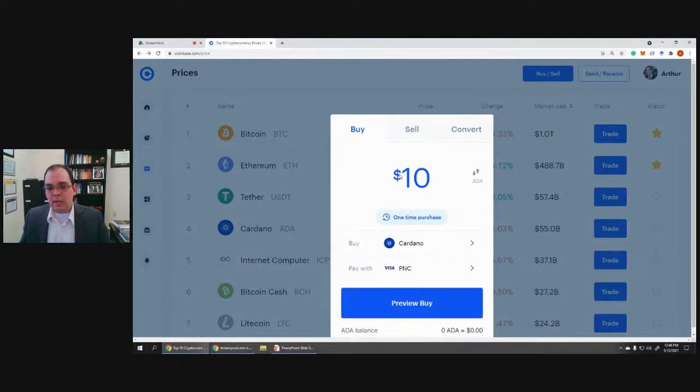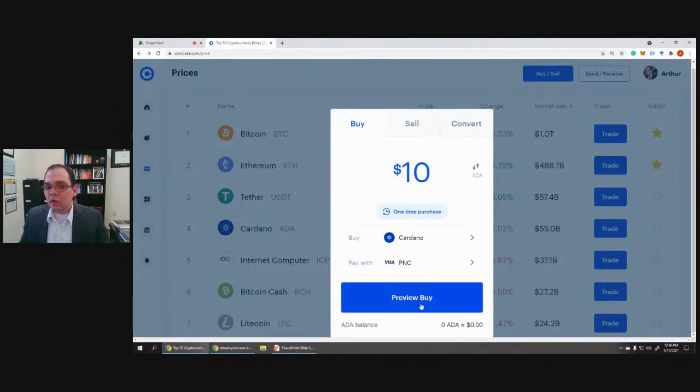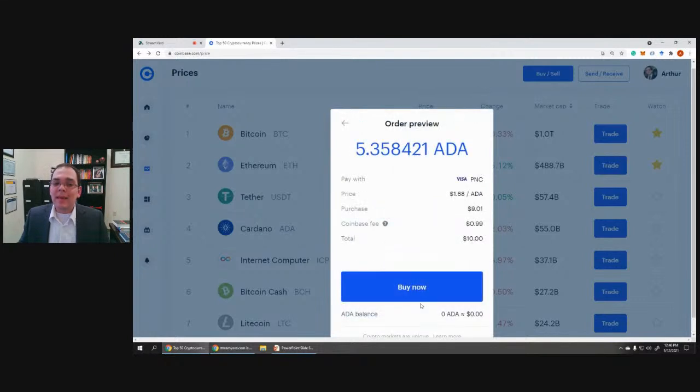So let's try $10 now. Okay, I'm going to preview my purchase. I'm going to click on buy, and that's what it gives me. Right now, based on Coinbase order book, my $10, I'm going to pay, look at the fee. It's very high. Coinbase is known for very high fees as well. Close to 10% of my money will be fees. With the $9 leftover, I can buy approximately 5.3